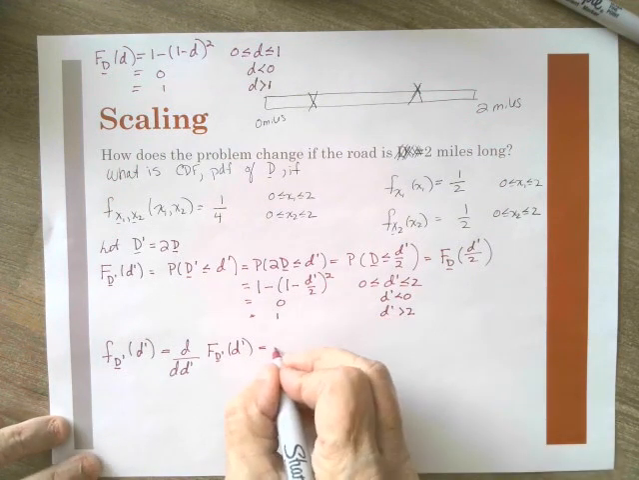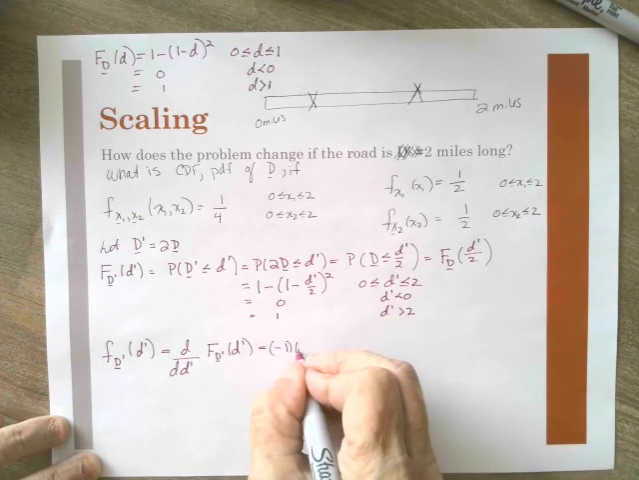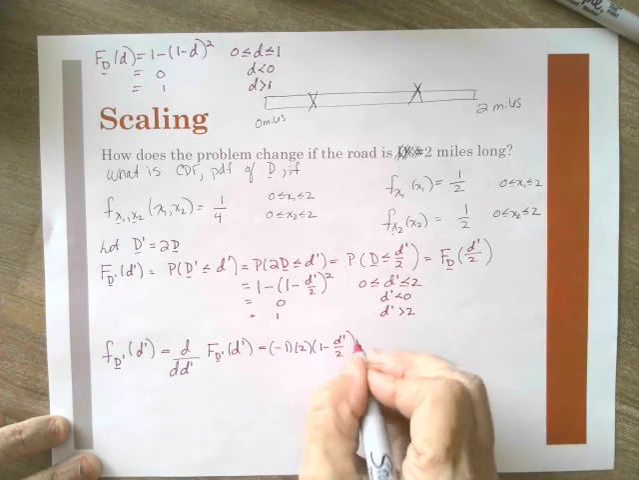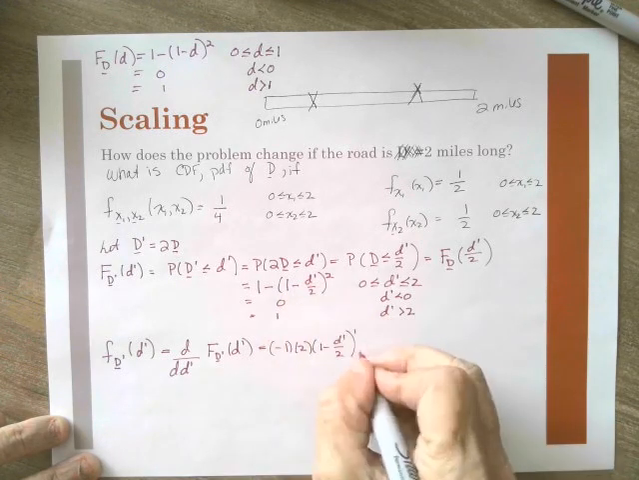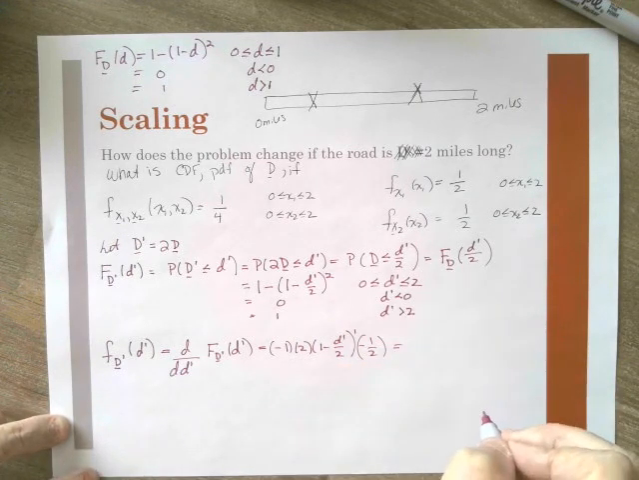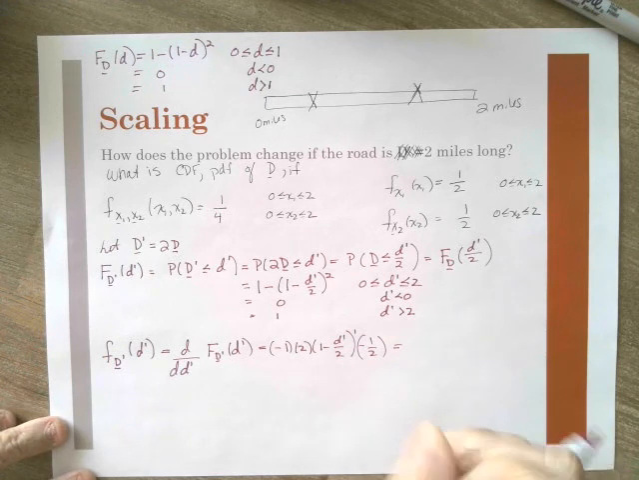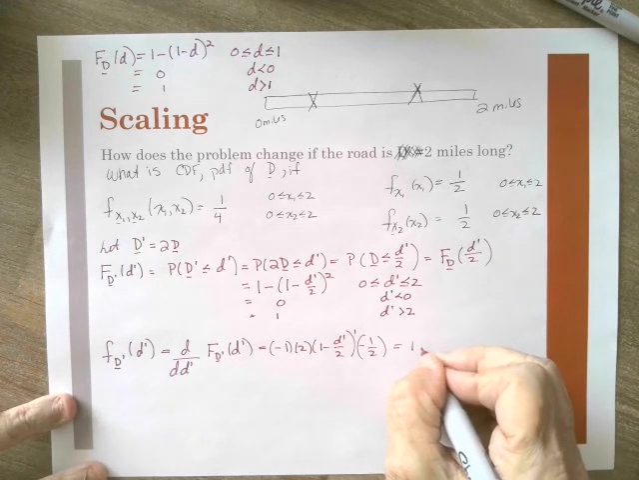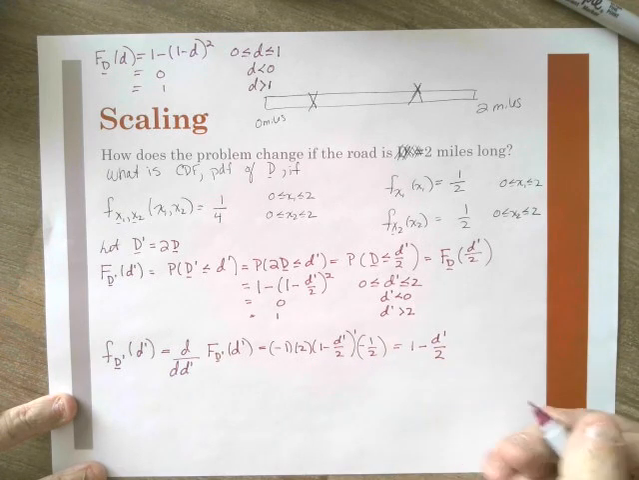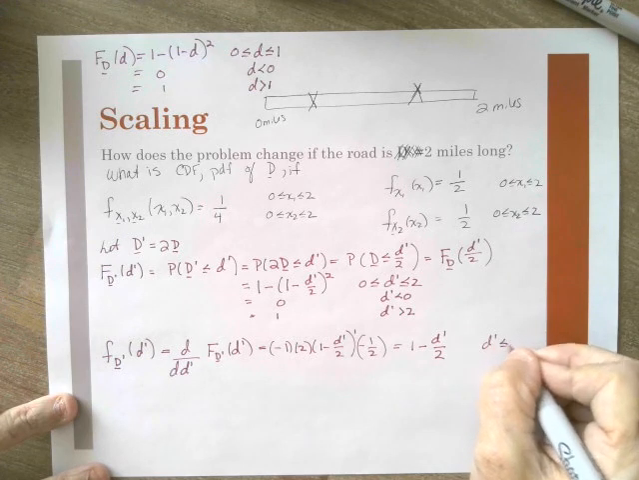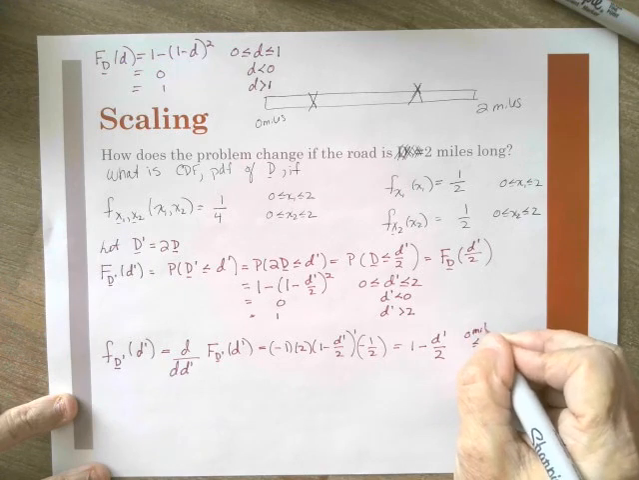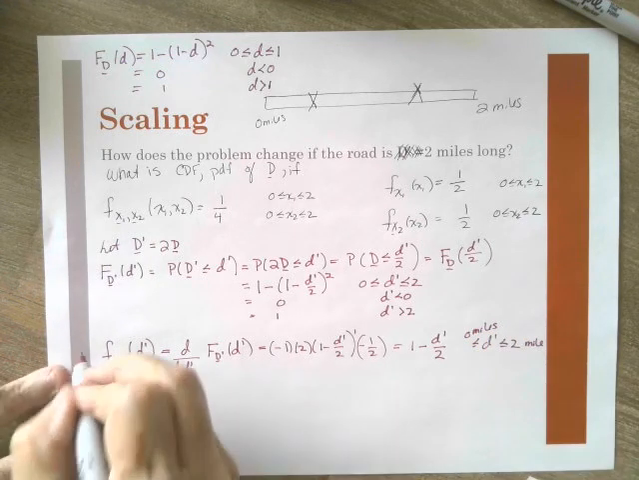We're going to have the minus 1. We'll bring down the 2. Then we'll have 1 minus d prime over 2 taken to the first power, and then we have a minus 1/2 from the inside. So we pull all of this together, and this will end up just being 1 minus, if you look here, d prime over 2. And that will be good for d prime, keep forgetting to put my units on here, between 0 miles and 1 mile. So this, in summary,